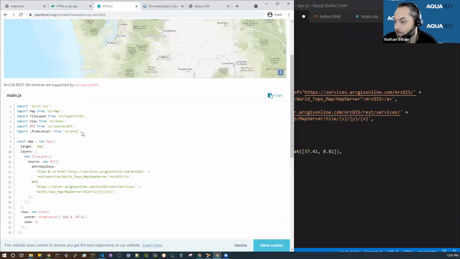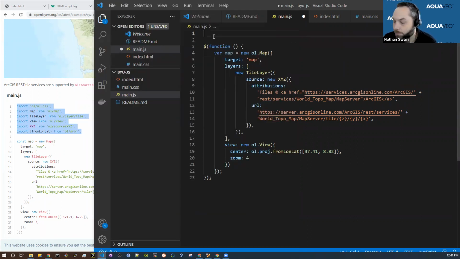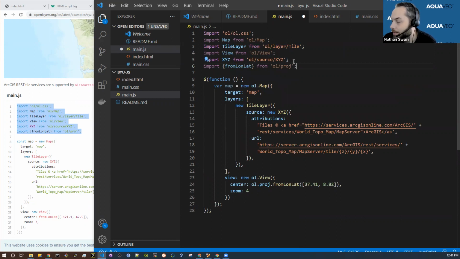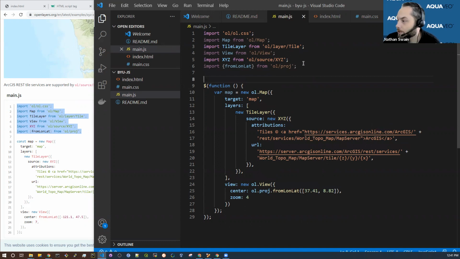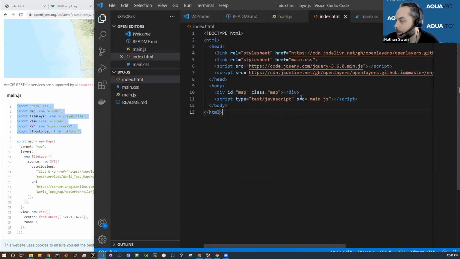OpenLayers can be used two ways. Notice it's got this import syntax up above. This is called JavaScript module syntax, I think. And it's actually really quite a cool feature. We weren't able to use it in CodePen very easily because it would take some additional setup. In order to enable this usage, what we have to do is on our script,